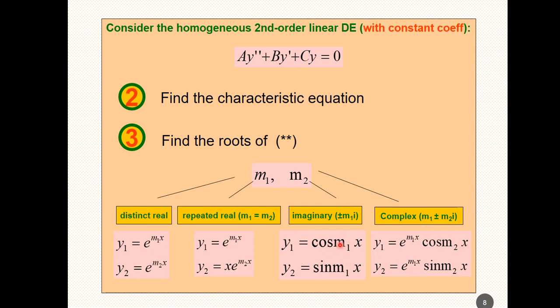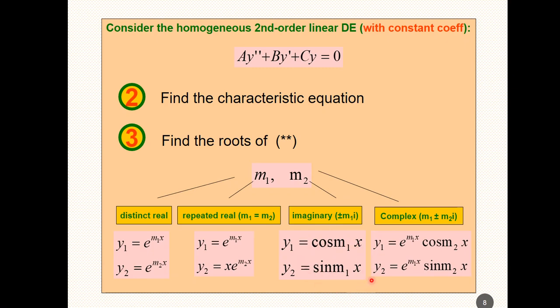The argument of these 2 functions are actually equal to the roots, the pair of imaginary roots. So actually the positive M1 is represented by cosine M sub 1 x, and the negative represents the